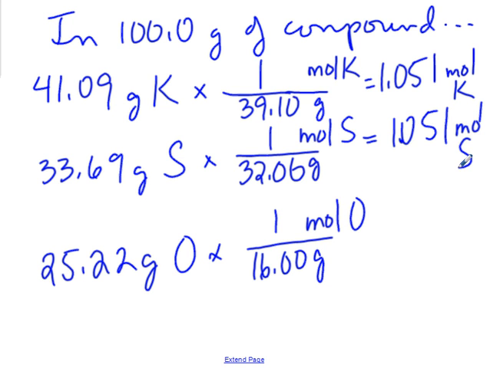Now the next one doesn't give you that same feeling of, wow, this looks good. It's going to give you a number which looks different. 25.22 divided by 16 gives you 1.576